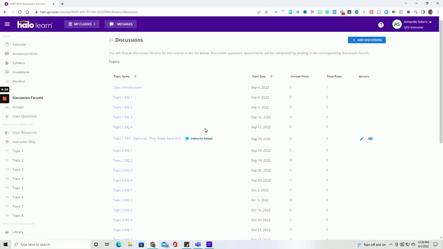The Halo Learn platform does not yet have the ability, when an instructor adds an additional question or additional content in the discussion area, for you to see it straight through your calendar. So again, I prefer that students come in through this discussion forums area so you don't miss any additional content.